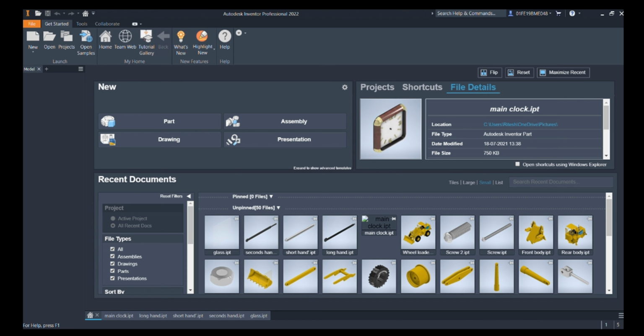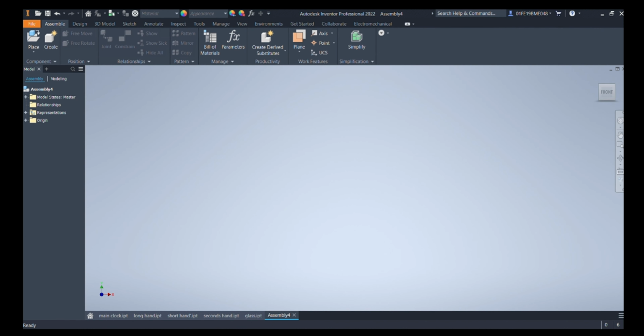Now again coming back toward the main interface of our Autodesk Inventor, we can see the assembly option there. We need to select it. Selecting the assembly option, we will get an option called place, where we need to add our parts which we made.